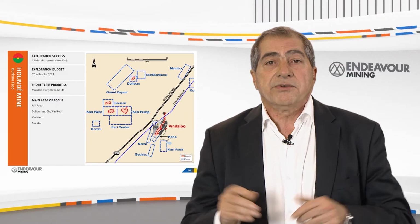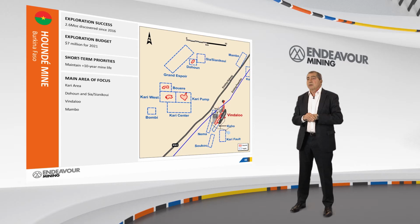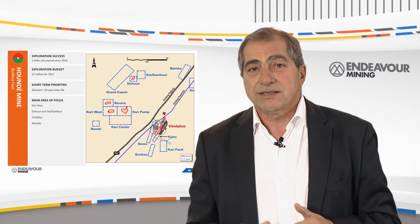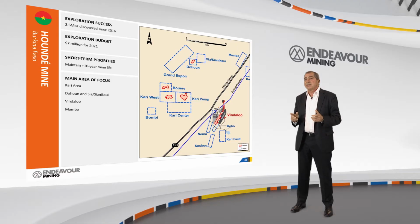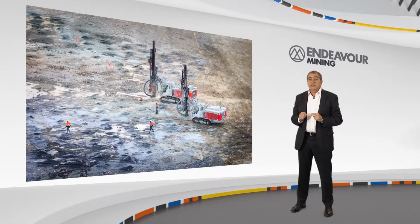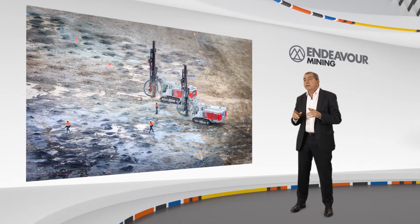Hyundai is another very good example of our exploration success over the last 3 years, with over 2.6 million indicated ounces added since the end of 2016. And most recently, we have added high-grade resources at Carry Pump, which have significantly improved the overall mine plan of the mine. This year, we've got a $7 million exploration budget, which will be mostly focused on replacing the depletion,